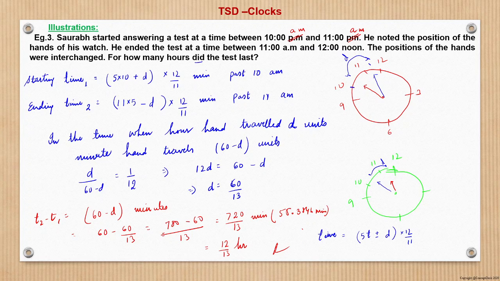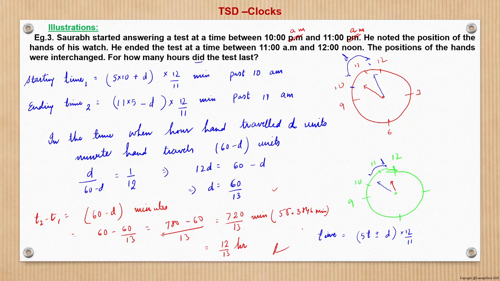So here the concept was only that the positions of the two needles were being interchanged. So in that duration, what is the effective distance covered by the hour hand and minute hand? That ratio we have taken, and further, here we have assumed that they are d distance apart. So at what time will the two hands be d distance apart?